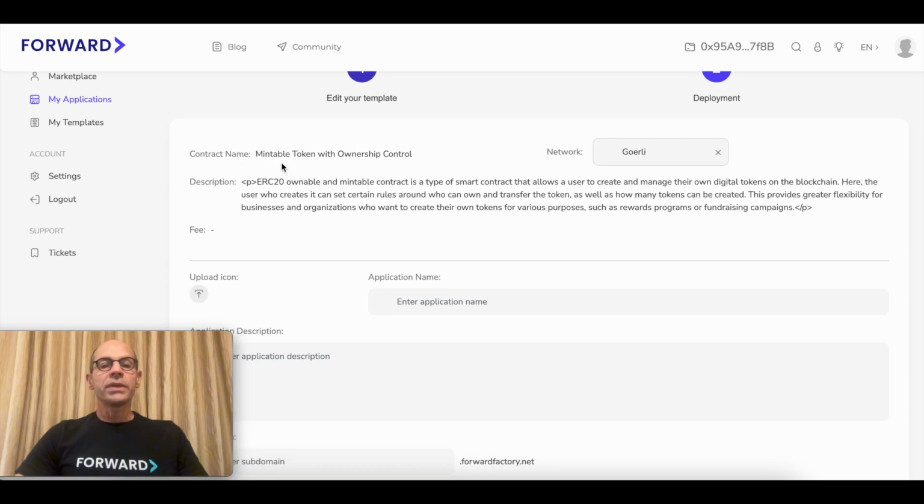So we know that the contract is called a Mintable token with ownership control. And this is the description. It's an ERC20 ownable mintable contract. It explains the type of contract, which basically allows a user to create and manage their own digital tokens on the blockchain. Here, the user who creates it can set certain rules around who can own and transfer the tokens,